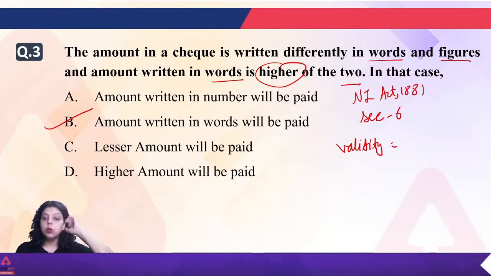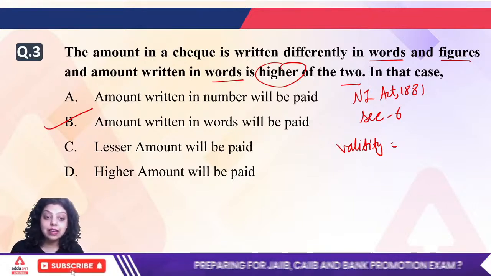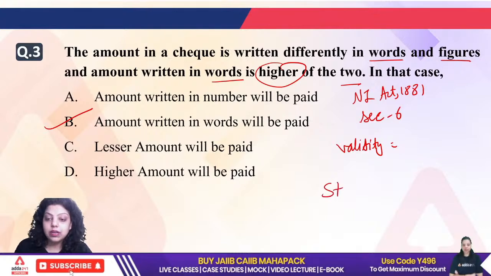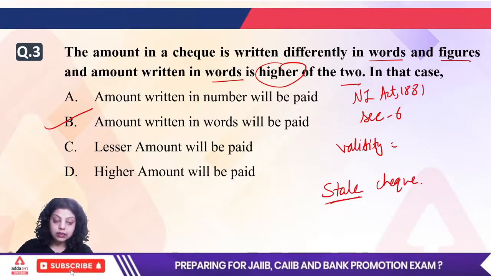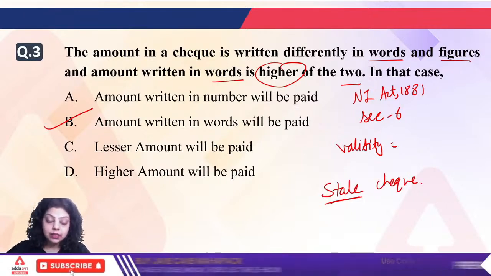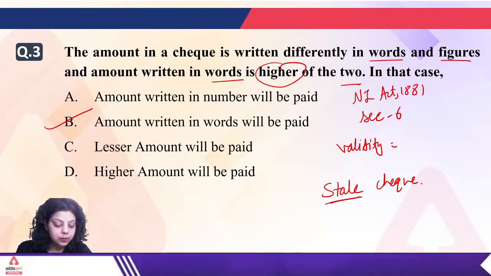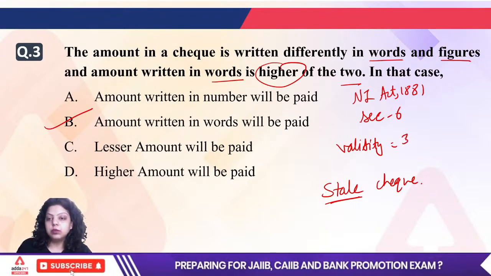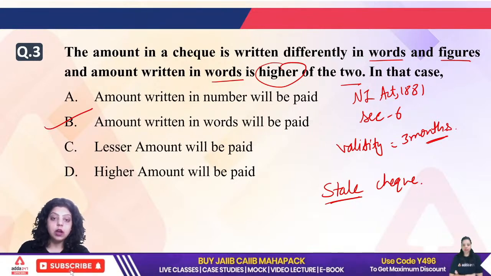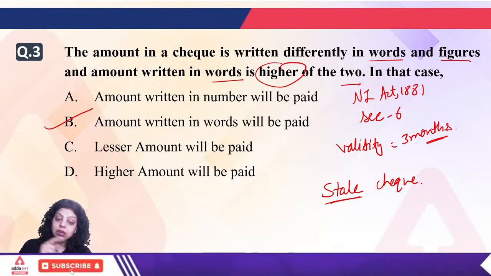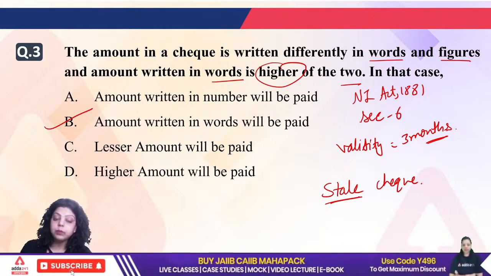Now let me know what is the validity of a check. There is a type of check known as a stale check. What is a stale check? When the validity of a check has expired, the check is treated as invalid, and it is known as a stale check. Very good, 3 months from the date of issue. Correct. So the validity of a check now is 3 months. Earlier it used to be 6 months till the year 2013. Similarly, the validity of a demand draft is also 3 months from the date it is issued.